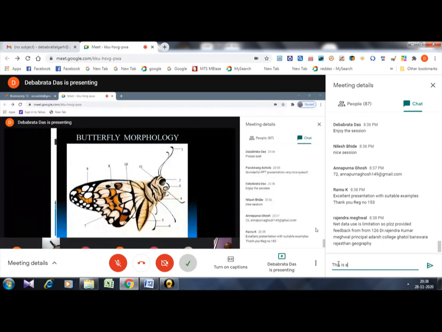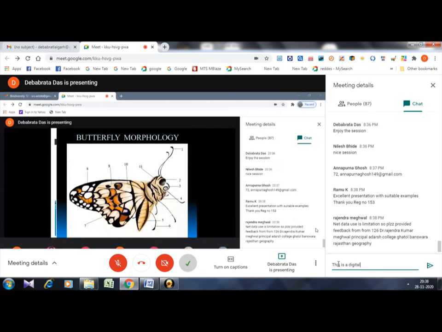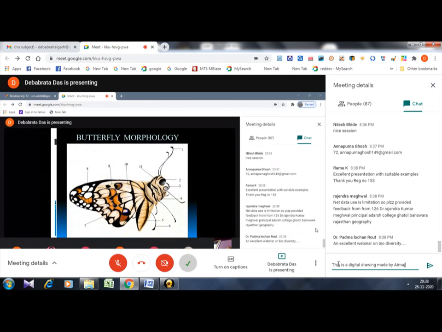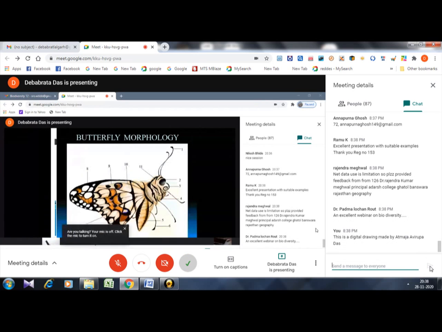Then number 4. Number 4 is the thorax. The thorax is the middle part of a butterfly. And the thorax is located in every arthropod other than the arachnids. As we know, spiders only have 2 body parts, the head and the abdomen. The wings are attached to the thorax. And in the thorax, the muscles that activate the legs and the wings of the butterfly are present.